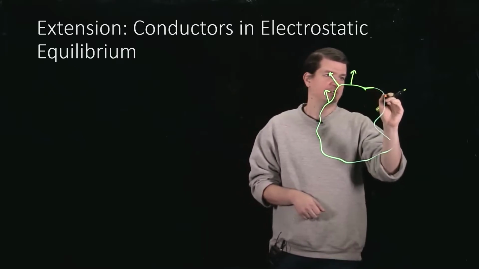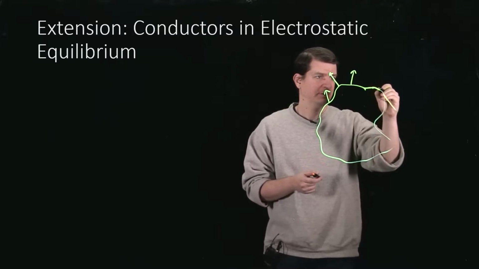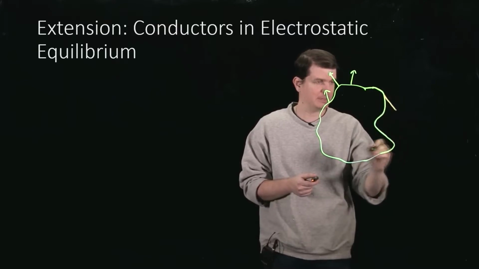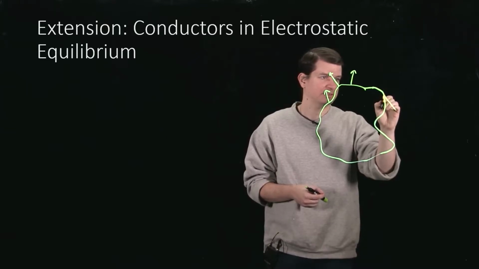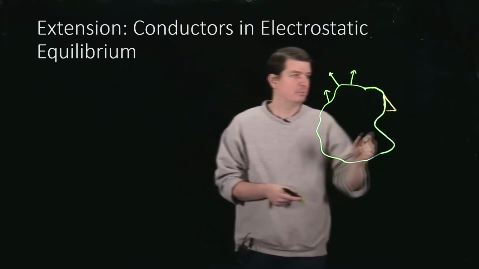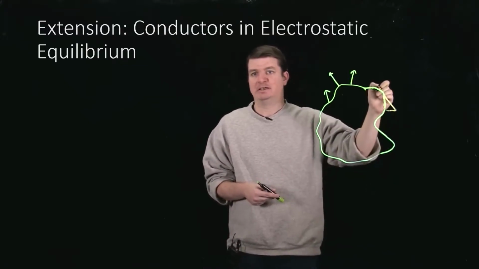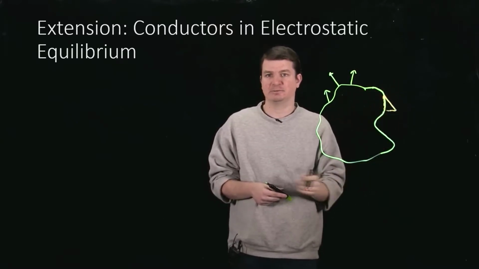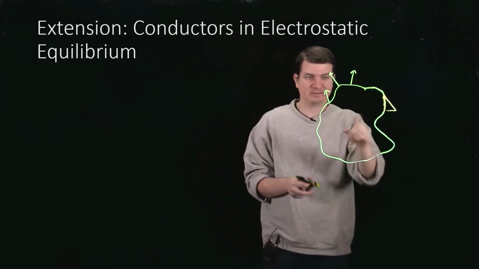If I draw this crazy vector here, well, I can decompose that vector in terms of what it's doing along my surface, which I'm just making thicker so you can see what I'm doing. I can decompose that into a component that is along the surface and that is perpendicular to the surface. But the component along the surface would mean that there is a field along the surface, there is a force along the surface, I have charges on the surface of my conductor, and so those things would move. So we had said that it had to be perpendicular to the surface and in fact zero